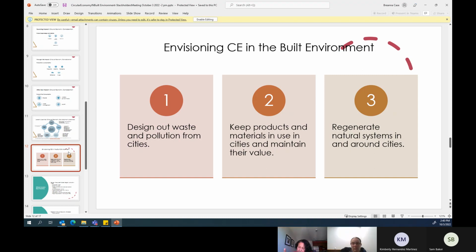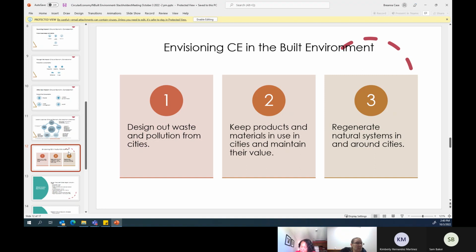Another is regenerate natural systems in and around the city. Remember, we talked about green infrastructure. That is similar to this. It goes beyond protecting the natural environment. What we do now is protect the natural environment, but it's not really 100% feasible because the population is growing. We want more things, as you know, with the modern lifestyle.